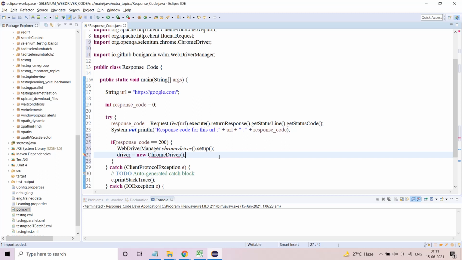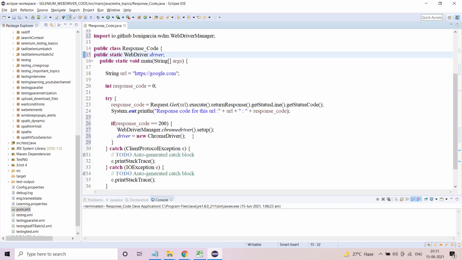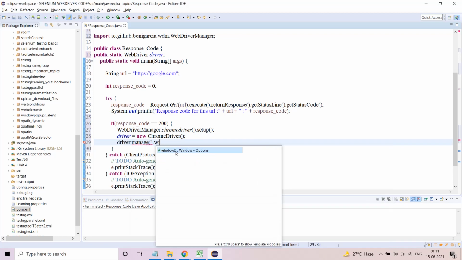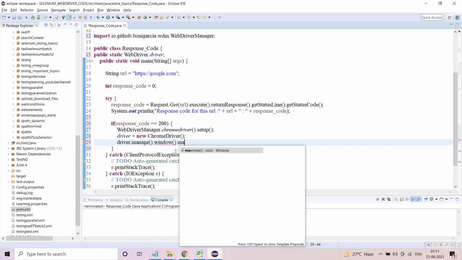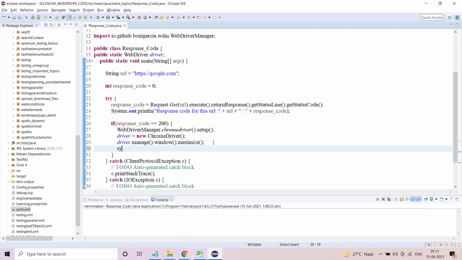Okay, so we'll do one thing. We'll just make public static WebDriver driver, just for reference purposes, why this is also important. So driver dot manage dot window dot maximize. If this is true, get me the title of the page.